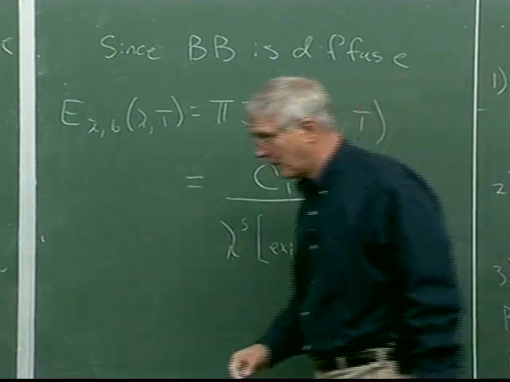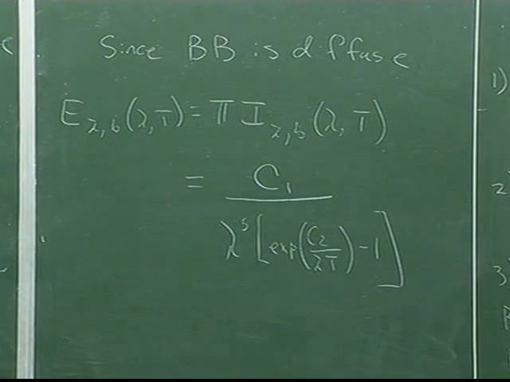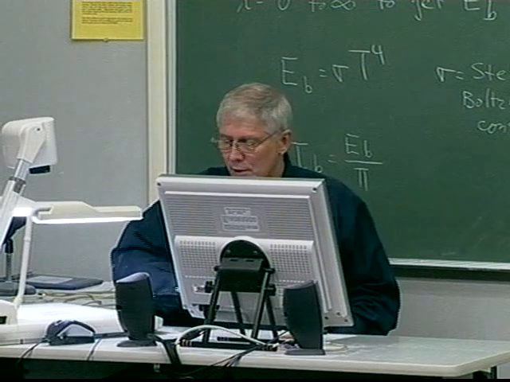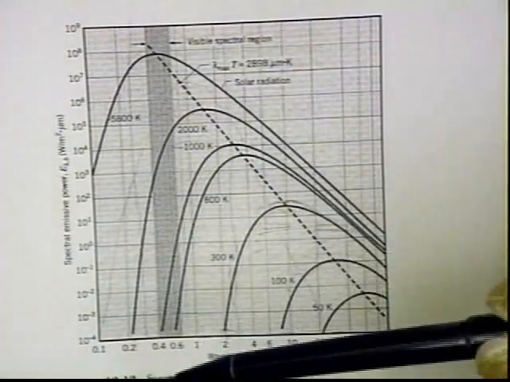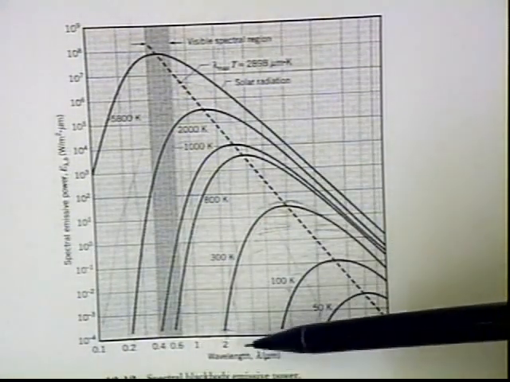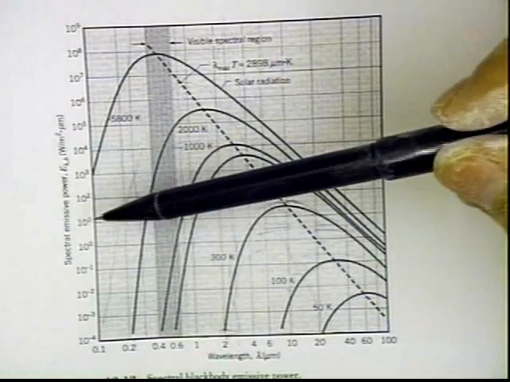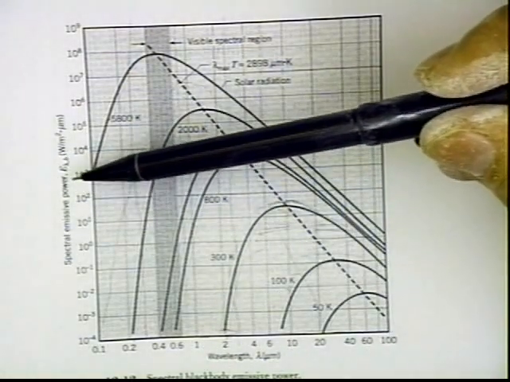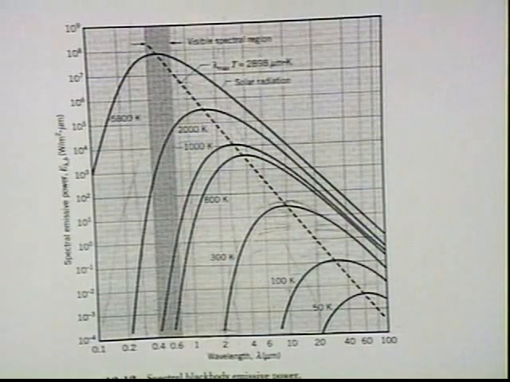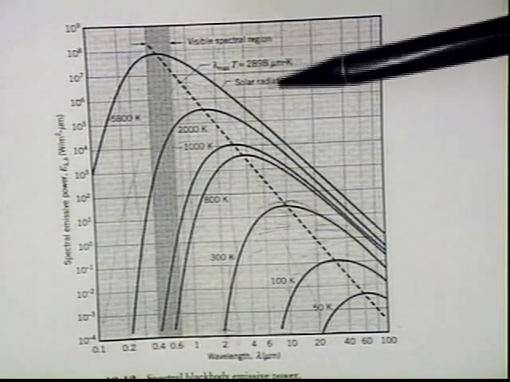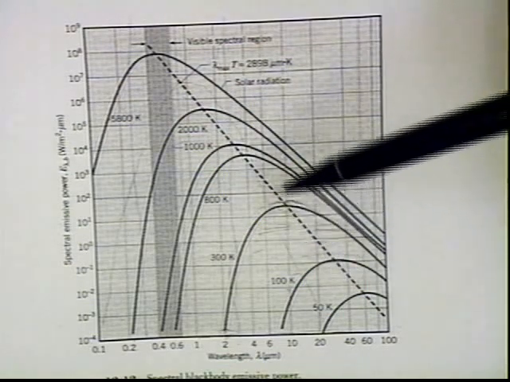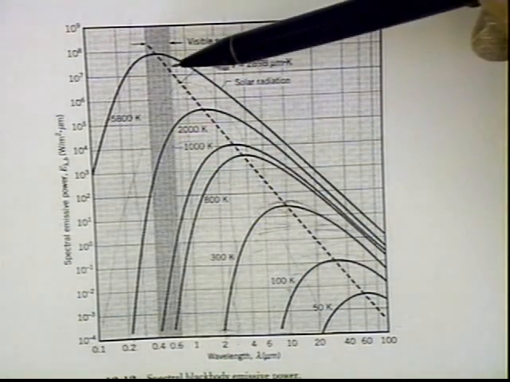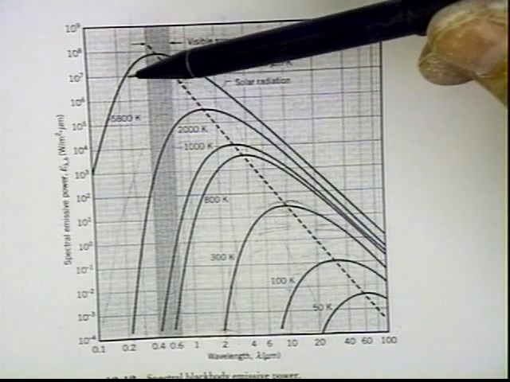So I have a graph over here I want to show you. In the graph, we've plotted the wavelength on the horizontal axis, and on the vertical axis the spectral emissive power, that E lambda b we were just talking about. You can see that it's a function of temperature. So if we take the temperature, for example, like what we have for solar radiation, where the average surface temperature